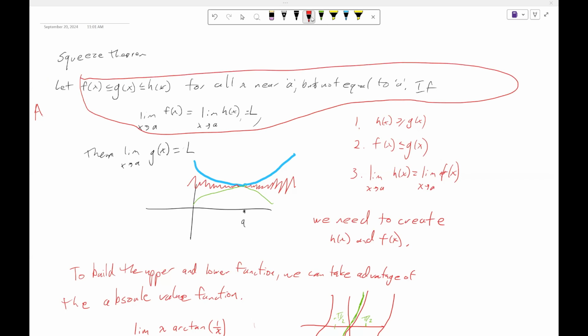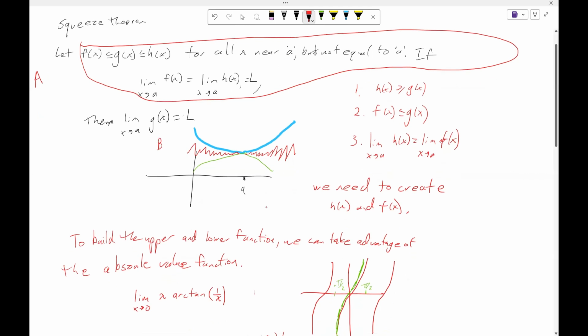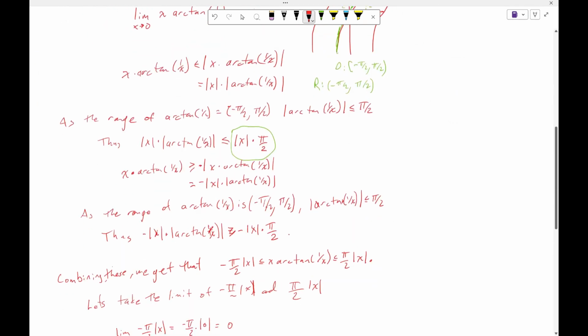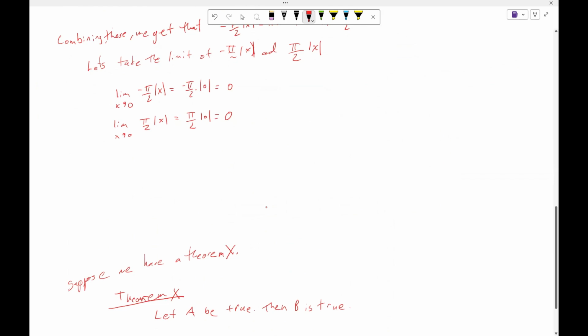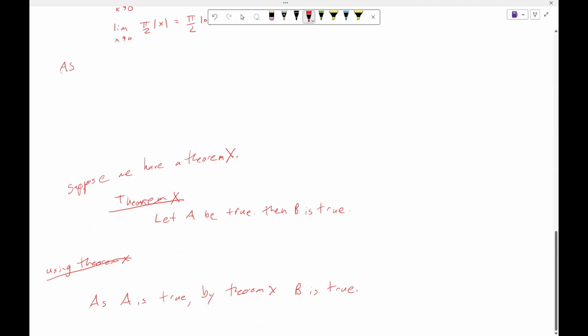So I start with, as this is true, and then my B, this is my result for B. So if I go to use this, as minus pi by 2 absolute value of x is less than or equal to x arctan of 1 over x, which is less than or equal to pi by 2 times the absolute value of x